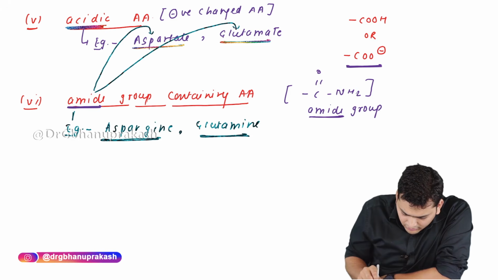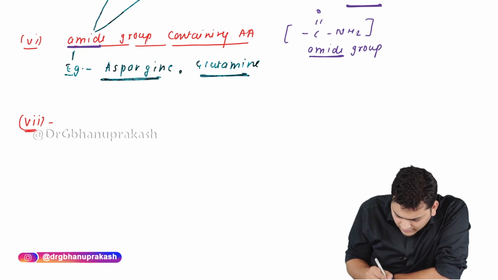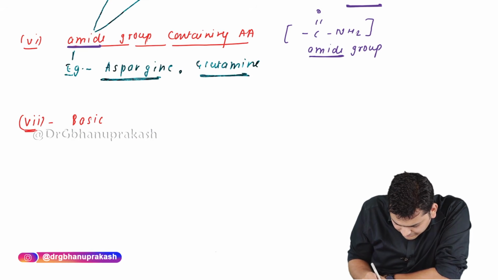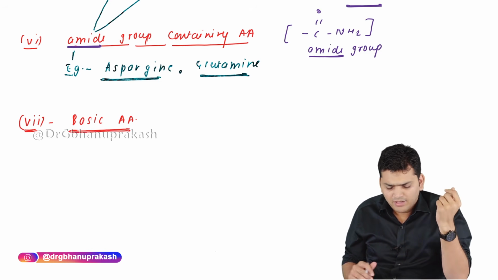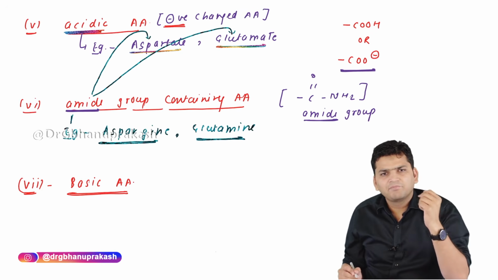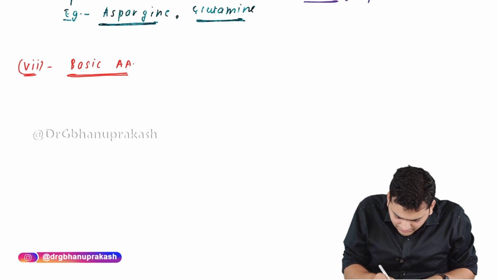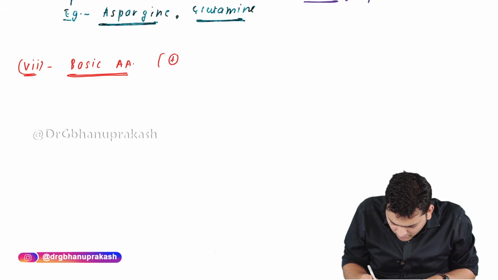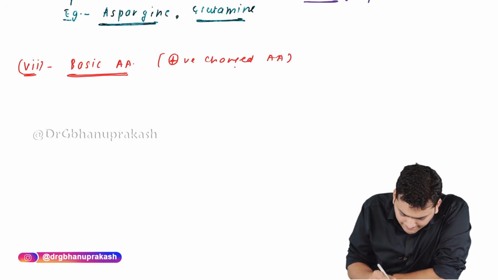Then the last subcategory, the seventh one, is the basic amino acid. Basic means they have an excess amount of base. When I said the acidic are having which charge? Negative charge. If acid is negatively charged, the opposite, base, is going to have which charge? It is going to be a positively charged amino acid. So I can say basic amino acid or positively charged amino acid. The examples are